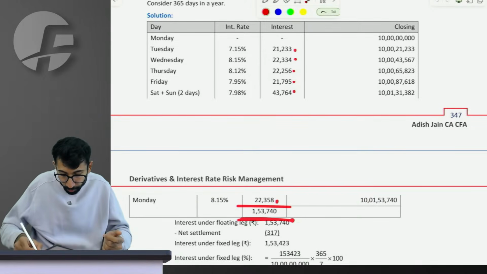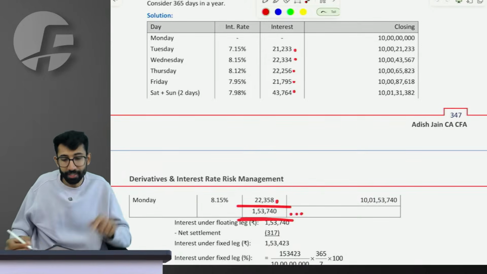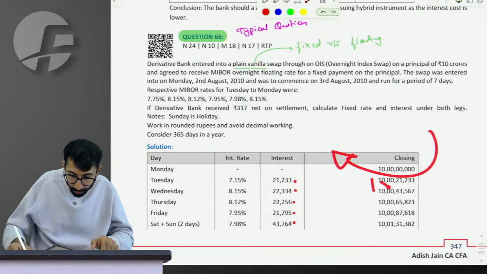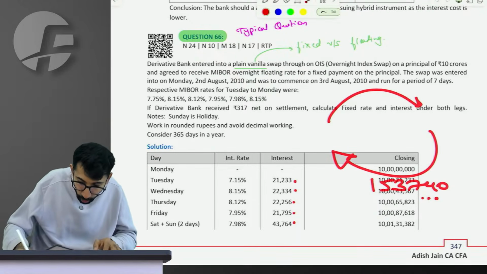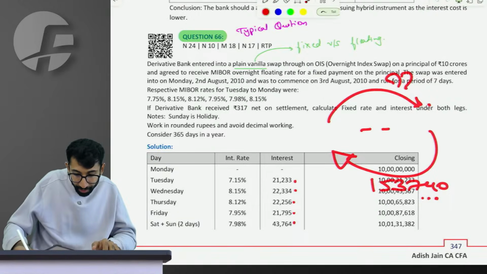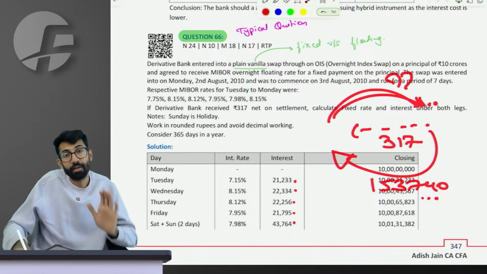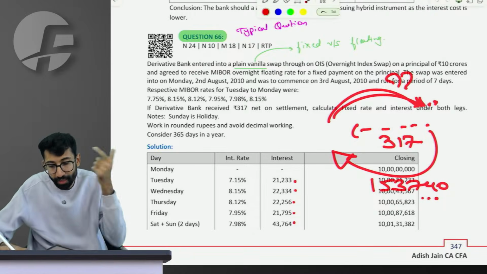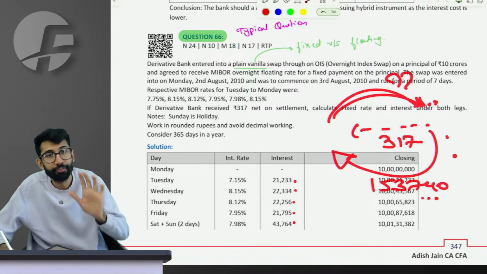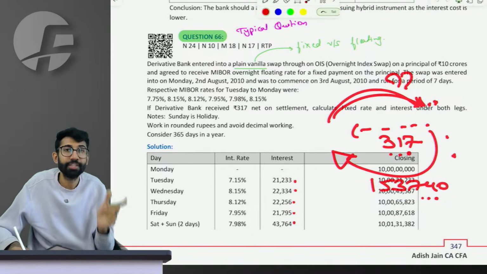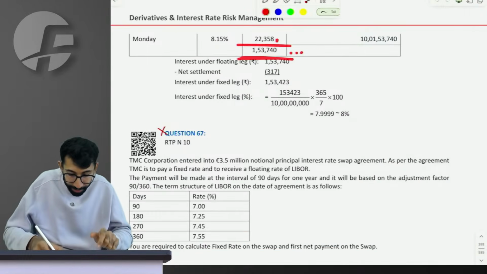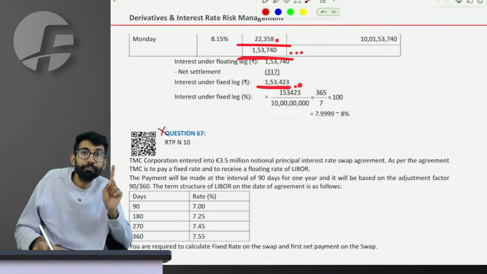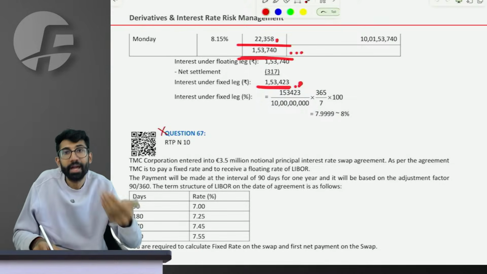The total floating you have to pay is 153,740. Apply common sense. I had to receive 153,740 under floating. And I had to pay something which I don't know. But net I received 317. Can you tell me how much the amount I had to pay? I had to receive 153,740, but I received only 317. So how much I had to pay? Common sense, this minus this will tell you how much I had to pay. So it is 153,423. I had to pay